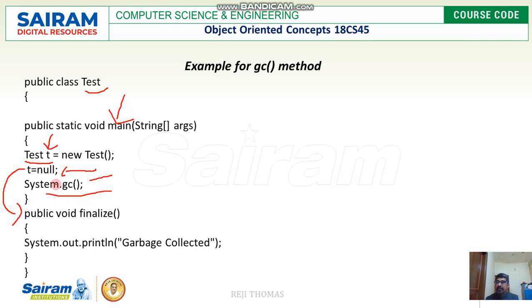Even though we are not writing t.finalize, this will be called, where we are going to print the message "garbage collected". For any job you want to do before the object gets deleted, "garbage collected" will be printed. Afterwards, the garbage collection will be done. So we'll be getting an output like "garbage collected". Please do remember what gc is, which is going to perform garbage collection manually. And before the garbage collection takes place, if you want to do any cleanup activities, anything to be done, that could be done using the method called finalize.